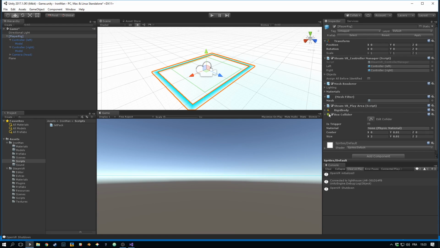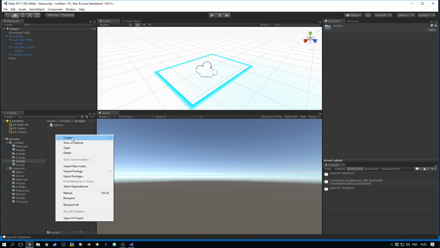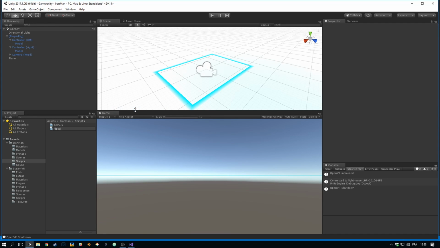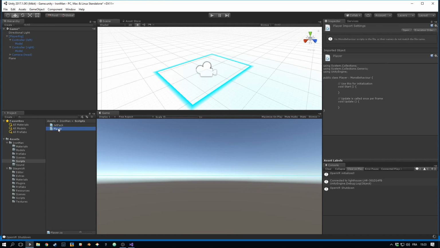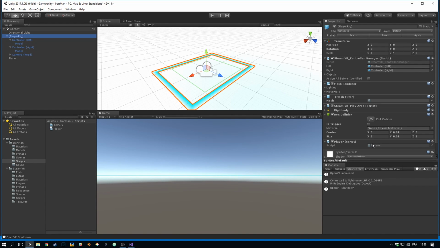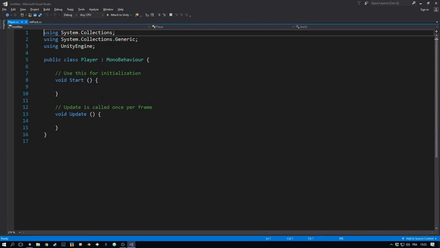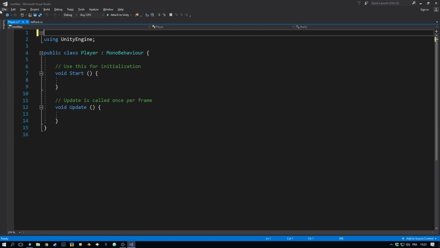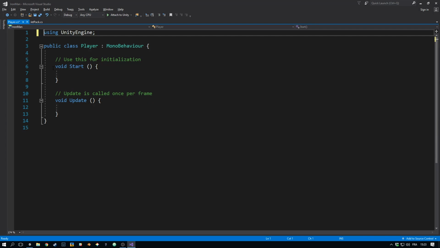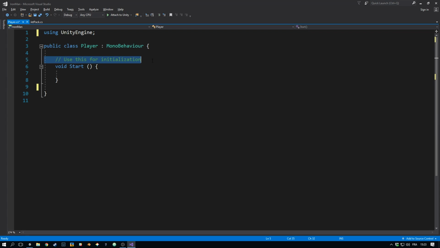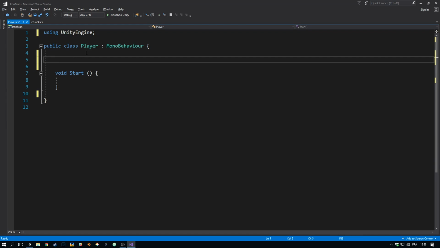So let's first make sure that we don't go through the ground. To do this, I'm going to simply create another script. I'm going to call this one Player. And before I forget, I'm going to attach this, when it finishes compiling, to the player rig here, and I'm going to open it. We don't need the generic options, and we don't need the Update method. So let's make a reference to the rigid body